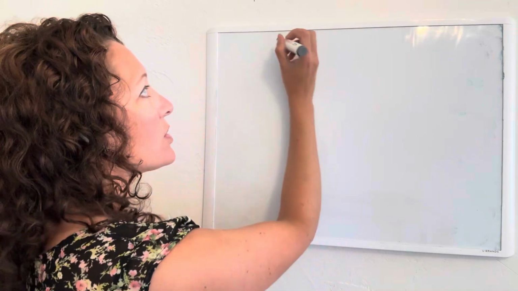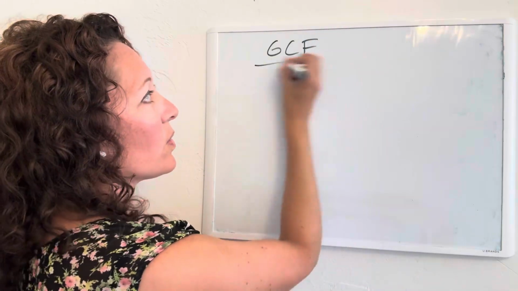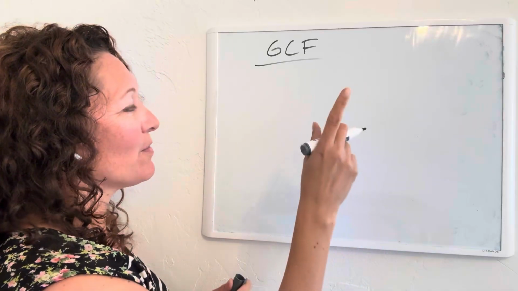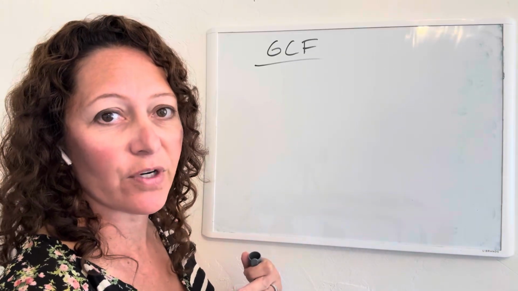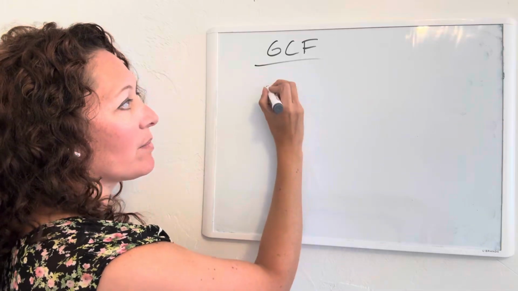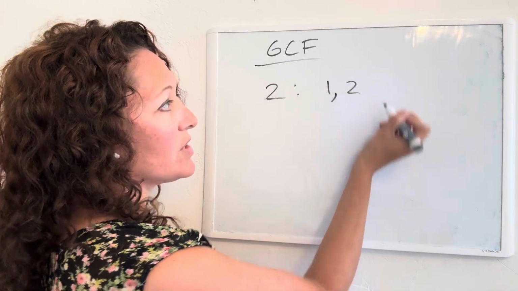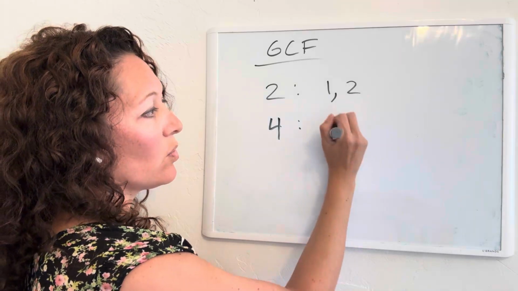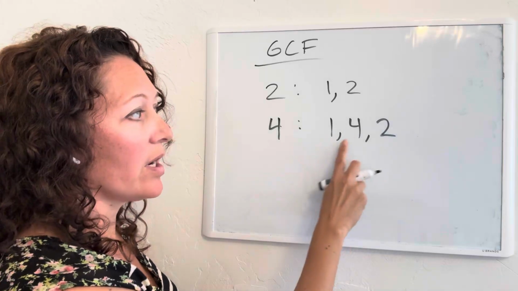The first is greatest common factor. This is the idea, if it's been a while since you've done some of these fractions, and it had been for me, of what are the factors going into it, and if you're comparing a few different numbers, what's the largest number that they all have in common that's a factor of those numbers. So for example, the numbers that are factors for 2, you have 1 times 2, and that's it. You don't have any other factors. For the number 4, you would have 1 times 4. You would also have 2 times 2. So the factors for 4 are 1, 4, and 2.